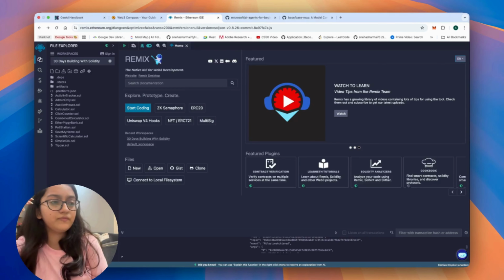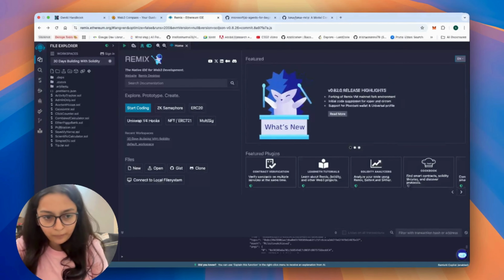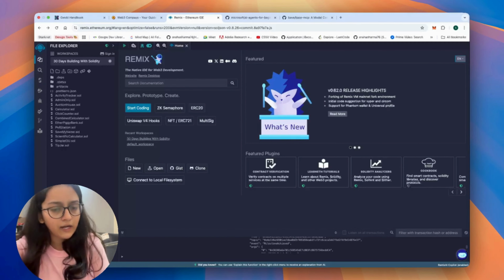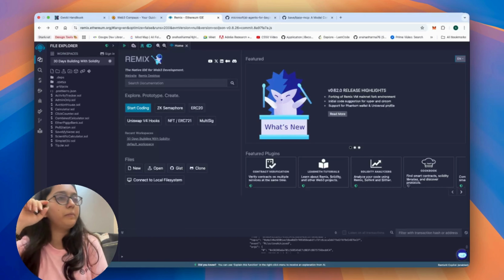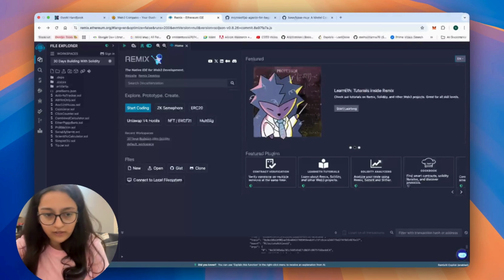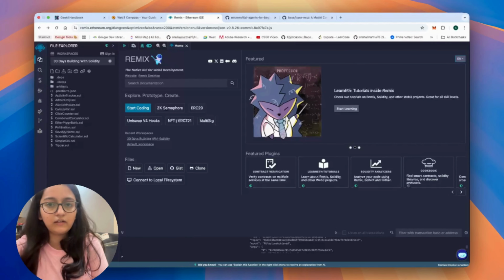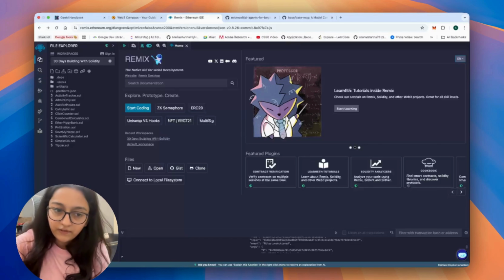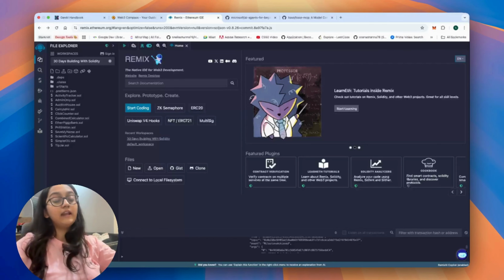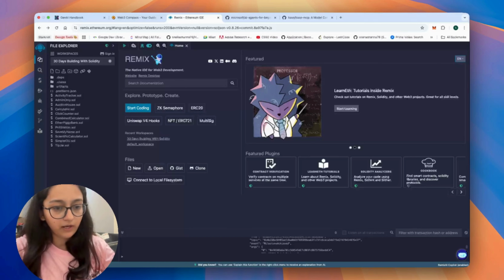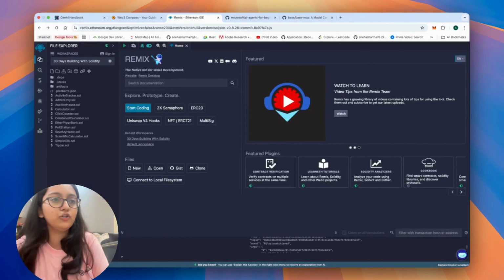For example, if the transfer ownership or only owner modifier needs an update, right? You can just go update it in the parent contract. And then since all the child contracts are inheriting that, they will automatically reflect those changes rather than having to change it everywhere that you're using it. So now